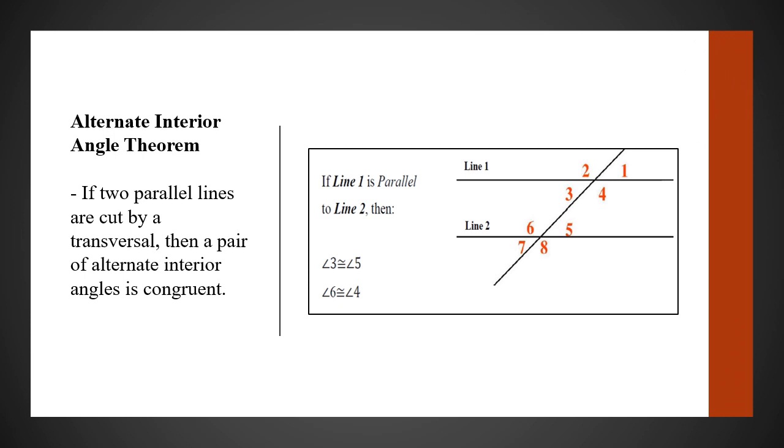Alternate interior angle theorem. If two parallel lines are cut by a transversal, then a pair of alternate interior angles is congruent. If line 1 is parallel to line 2, then angle 3 is congruent to angle 5, and angle 6 is congruent to angle 4. Its converse is